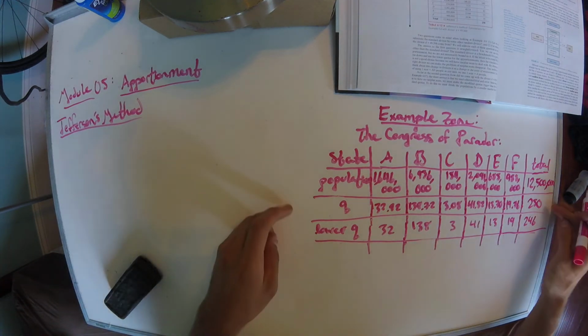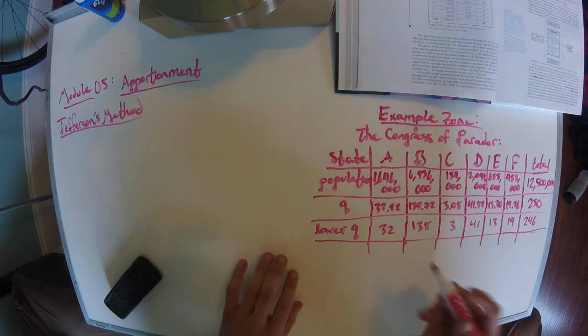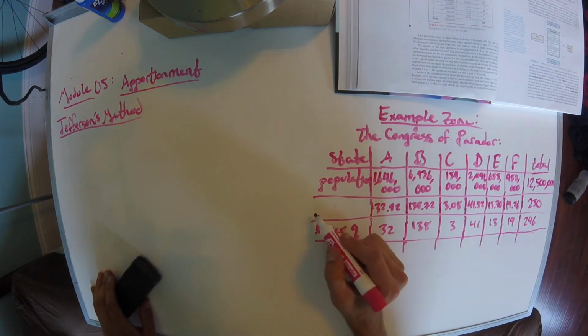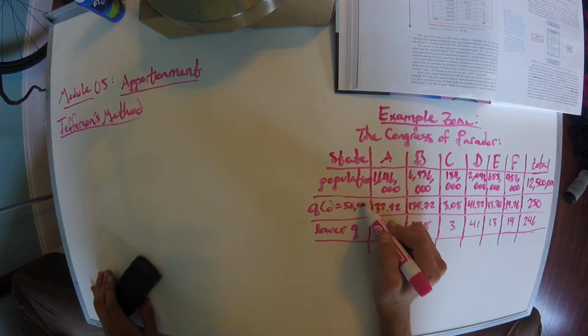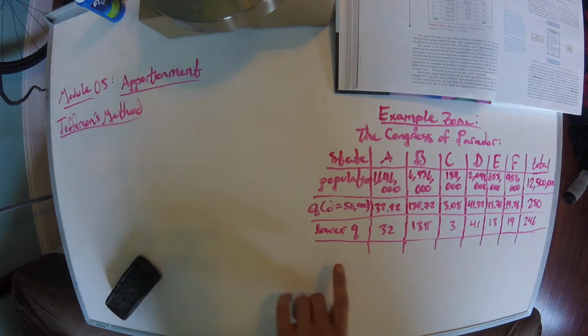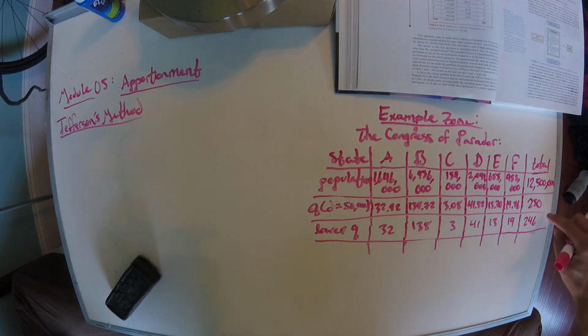So we undershot here. We actually should rewrite Q, and we should write Q and then D equals 50,000, because that's what's going on here. We've got Q when D equals 50,000. And now we've summed our lower quotas, and we've gotten something that's less than 250. So what's going to happen now